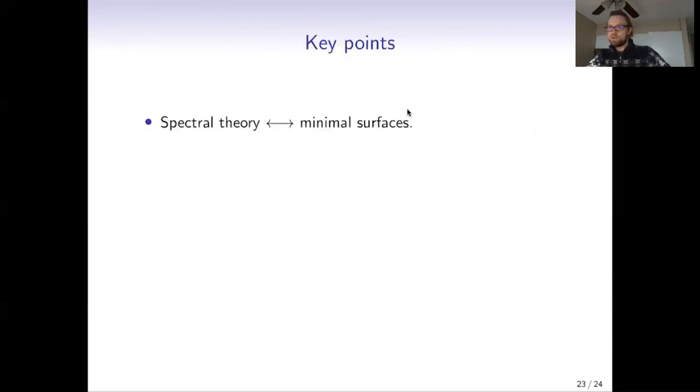Let me just emphasize some points from those first two introductory videos. The main point, the one that I tried to emphasize in the first video, is that this area represents a key interaction between spectral theory and minimal surfaces and harmonic maps. You can use ideas from spectral theory to prove things for minimal surfaces, and you can use ideas from minimal surfaces to prove results about lambda 1. So far, what I described was mostly in this direction: we used information about minimal surfaces to prove the upper bounds for Laplacian eigenvalues. In the last video, you'll see the interaction in the opposite direction,